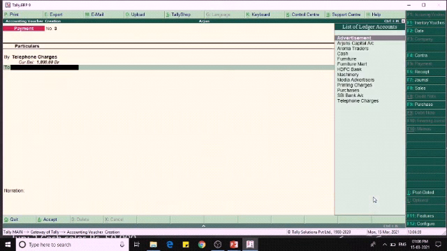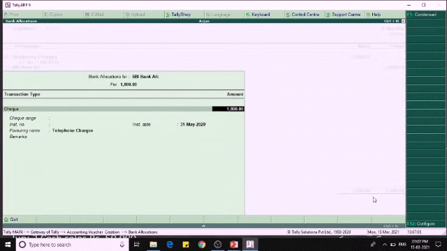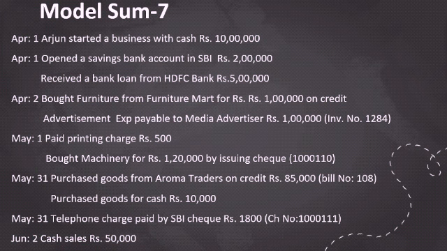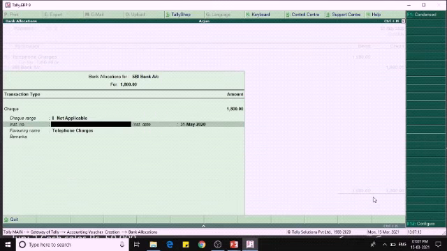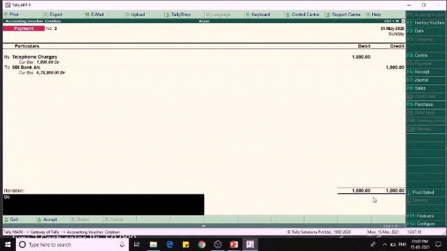We are paying through SBI check, so we have to credit the SBI bank account. And the instrument number is 1000111. Being telephone charges paid.